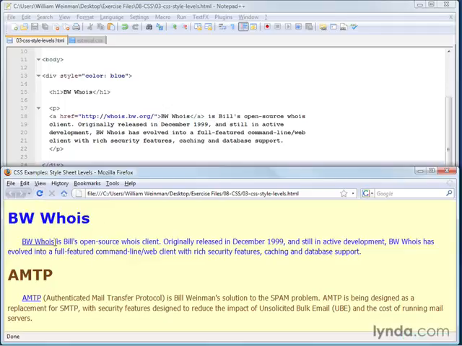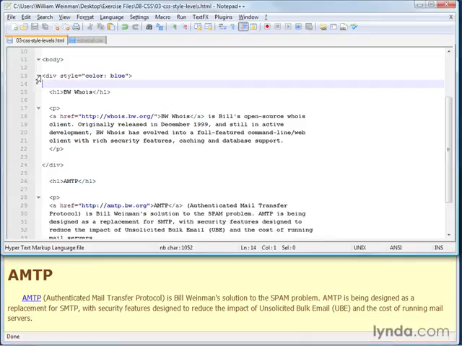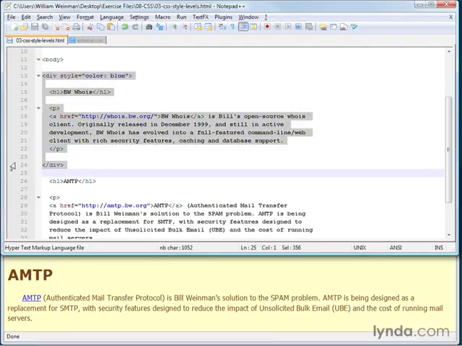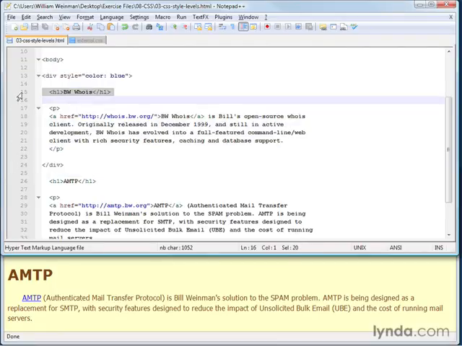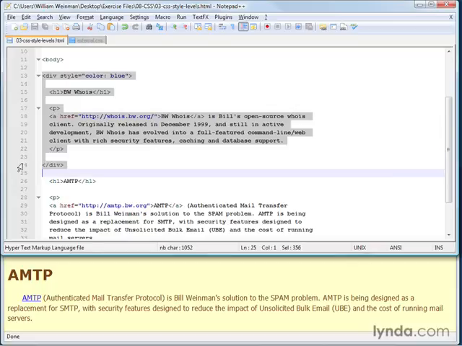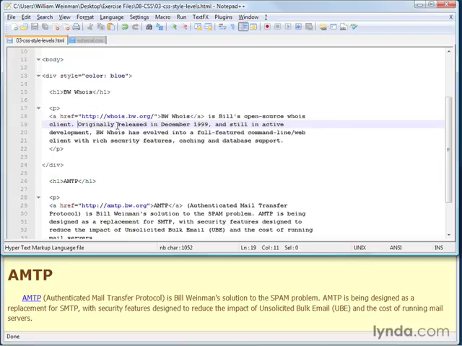There you have it. This section is now blue, and the rest of the document still has the color that's defined in the body element of the CSS. So that's how div works. Div is for applying style to a section of a document at the block level. In other words, these are block level elements. The H1 and the paragraph are block level elements. So I need a block level element to wrap around them so that I can have blocks inside of that tag. Likewise, if I wanted to do the same thing, but on an inline level, I would use span.